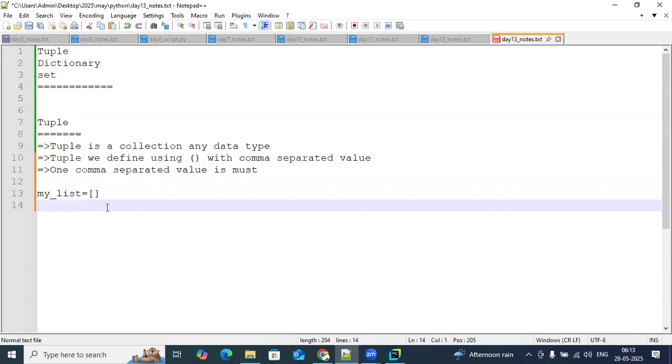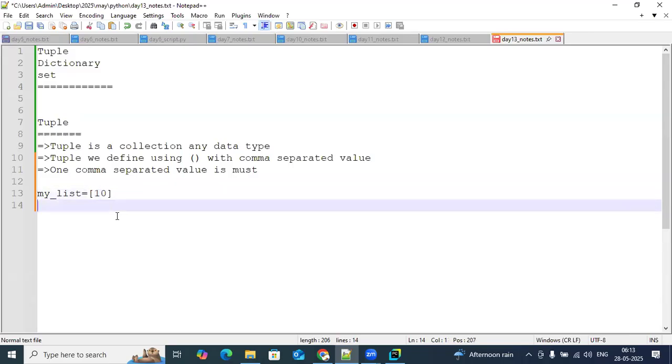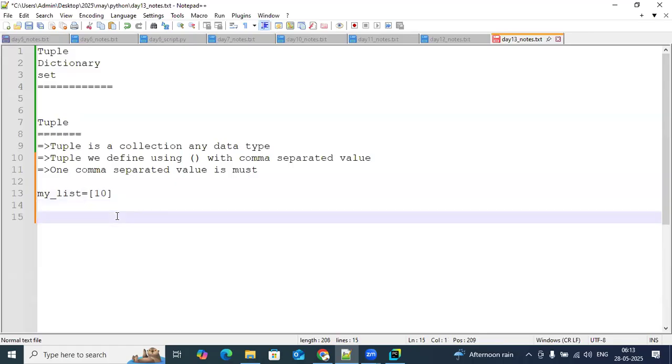If you are not giving any value, it is an empty list. If you are giving one value, then it is a list with one value. But now, if I write a tuple like this and then write some value, 100,